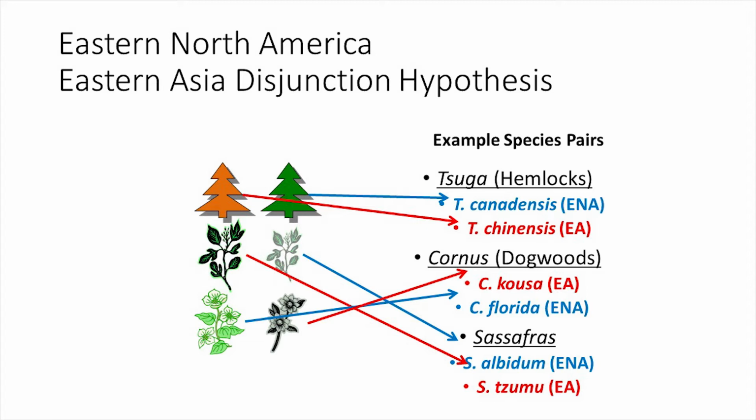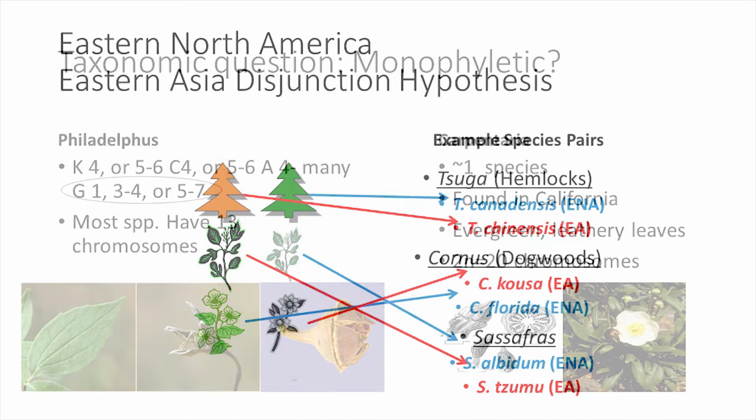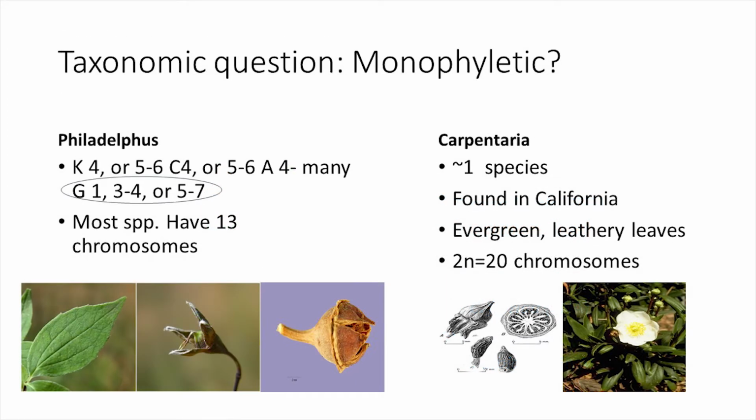So think of glaciation, so ice ages, pushing plants further south if they occurred across the northern hemisphere. Think of the Rocky Mountains rising, causing desertification out in the west, pushing plant species ranges further east. And now we can see relics of what was a wider range of a common ancestor. So Philadelphus itself might not even be its own intact group.